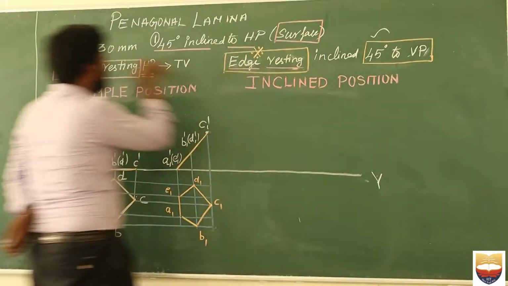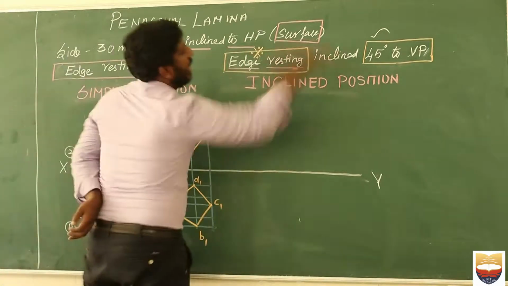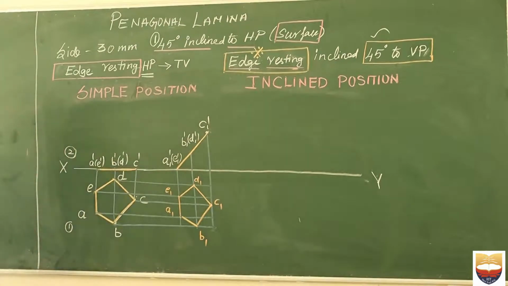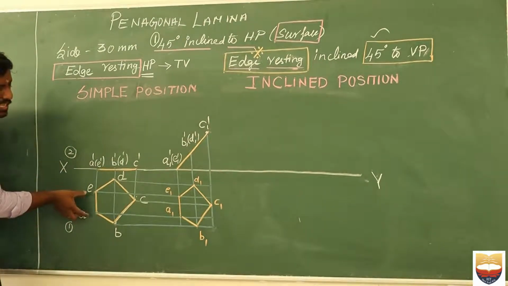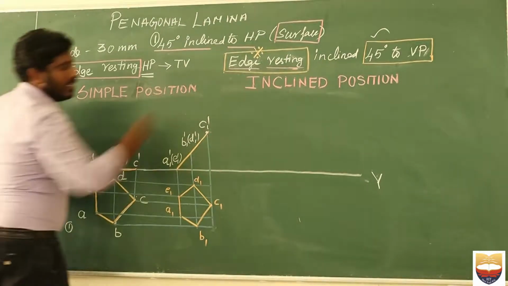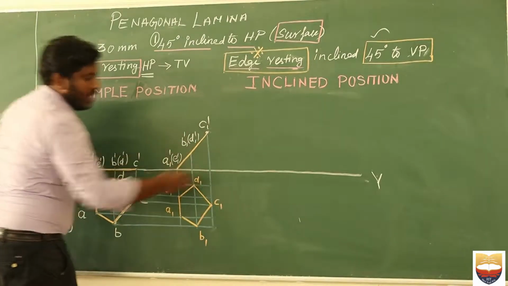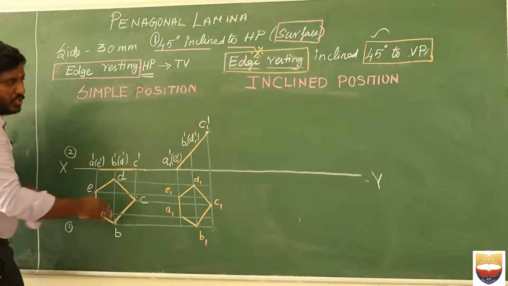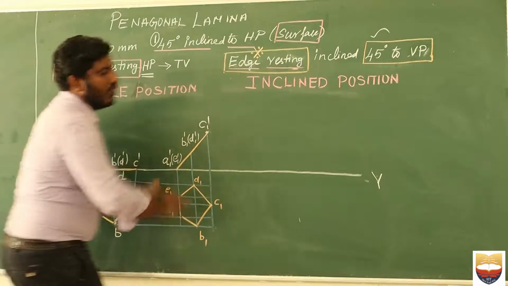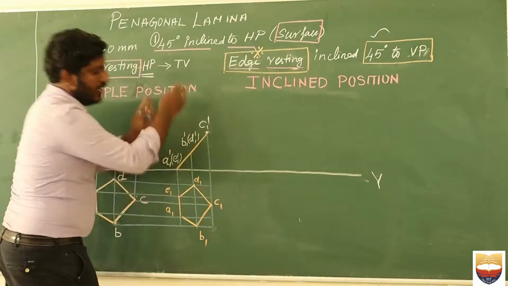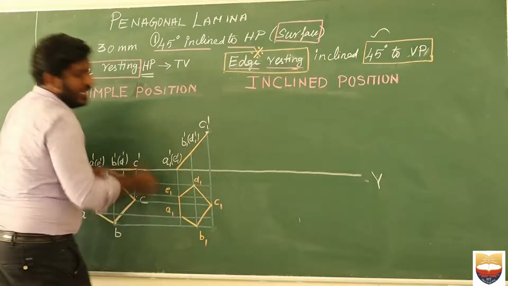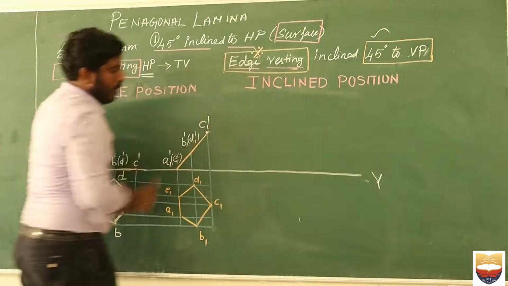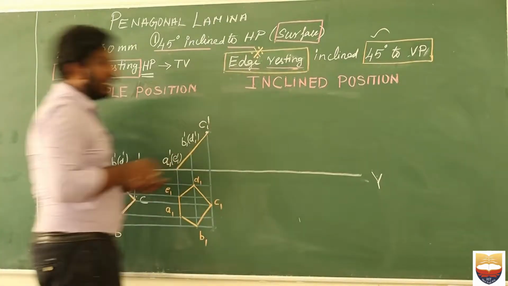The edge which is resting is inclined to an angle of 45 degree to VP. That is very important. So here, what is the edge that is resting? AE. Once I draw this particular inclined position, I should forget about it. This is a simple position for my next inclined position. So here, what is the edge that is resting? A1, E1. As per the concept of the problem, this A1, E1 should be inclined to an angle of